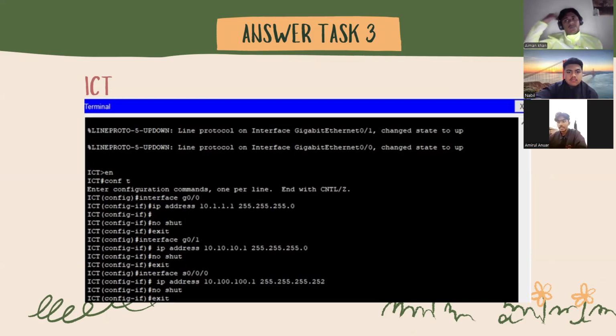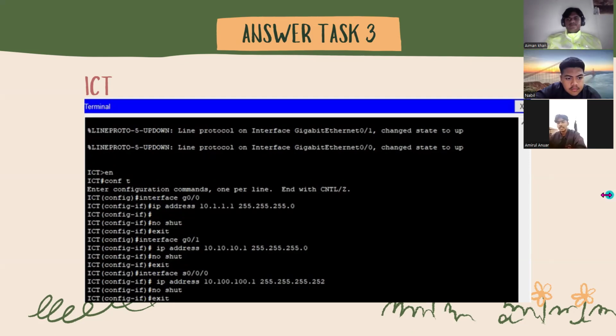Then we exit and we enter into interface G0/1. We set the IP address 10.10.10.1 and the subnet mask is 255.255.255.0. And also we again add the command no shutdown, and also we exit again and we go to the